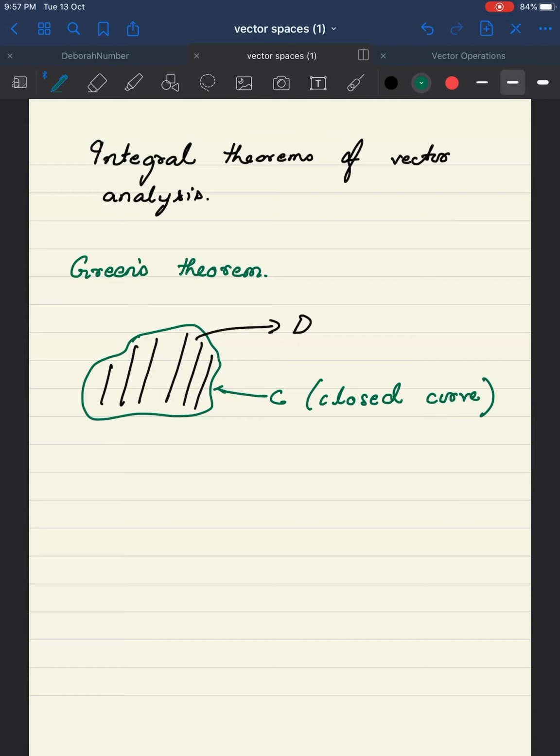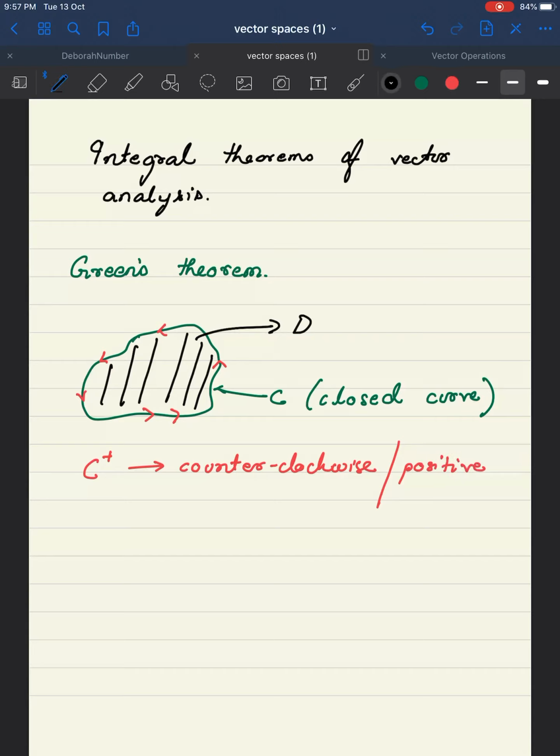Now, when you have a curve bounding a region, and you want to traverse this region through the closed curve, there are two ways you can go about it. One is you can obviously go via the counterclockwise direction. Okay. And this direction of being counterclockwise, we'll denote by C plus. So C plus is the counterclockwise or the positive direction.